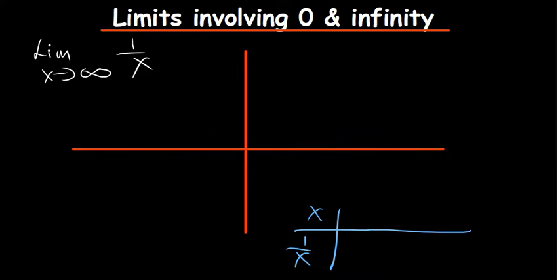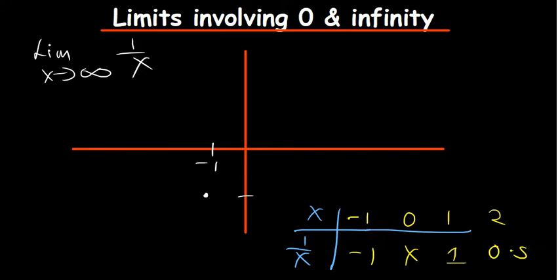Okay. So if we try a few values, let's try -1, 0, 1 and 2. If I put a -1 where there's x, I'm going to get -1. If I put a 0, it becomes undefined. If I put a 1, it becomes 1. I put a 2, it becomes 0.5. Okay. So -1 comma -1,